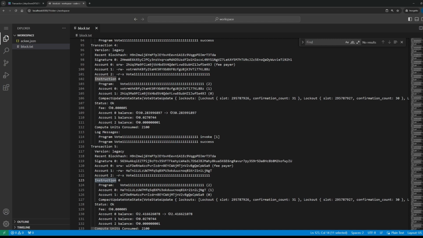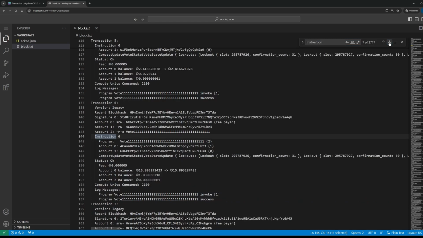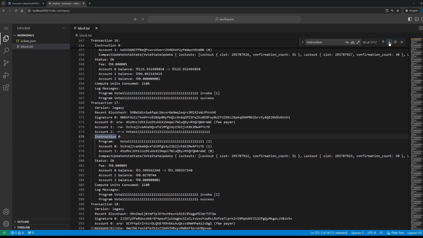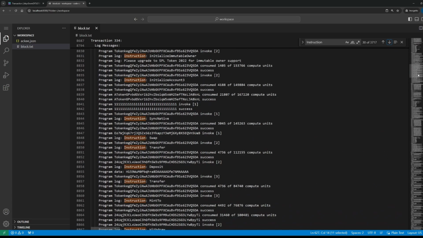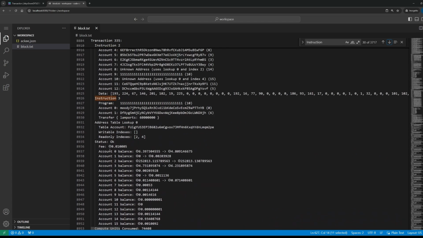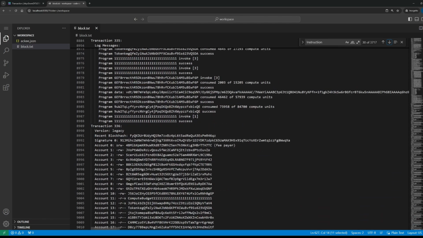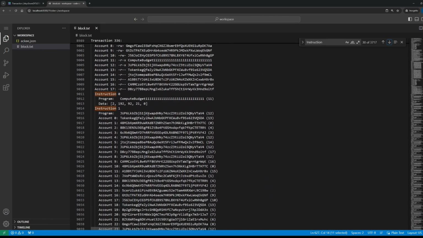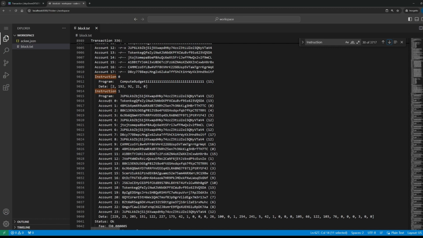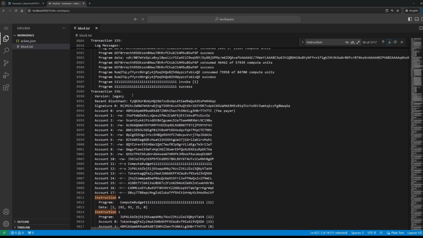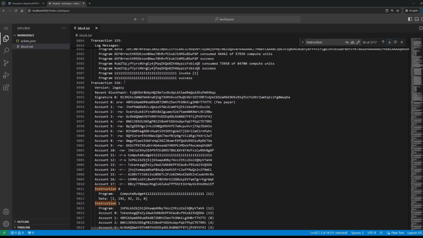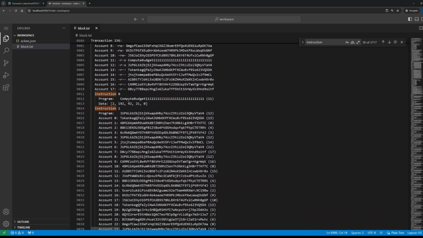Okay, there are mostly vote transactions, so I don't want to spend a lot of time on this. This is a system program instruction. Okay, here maybe you can see a transaction number, and you can see instruction 1.